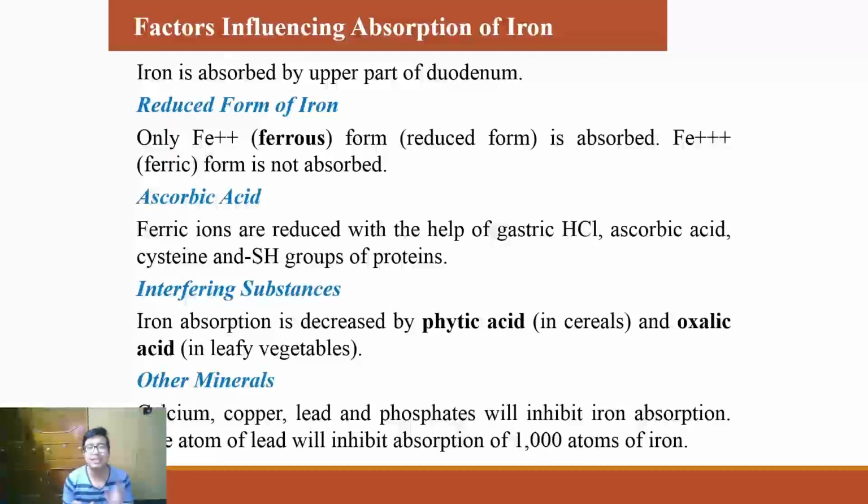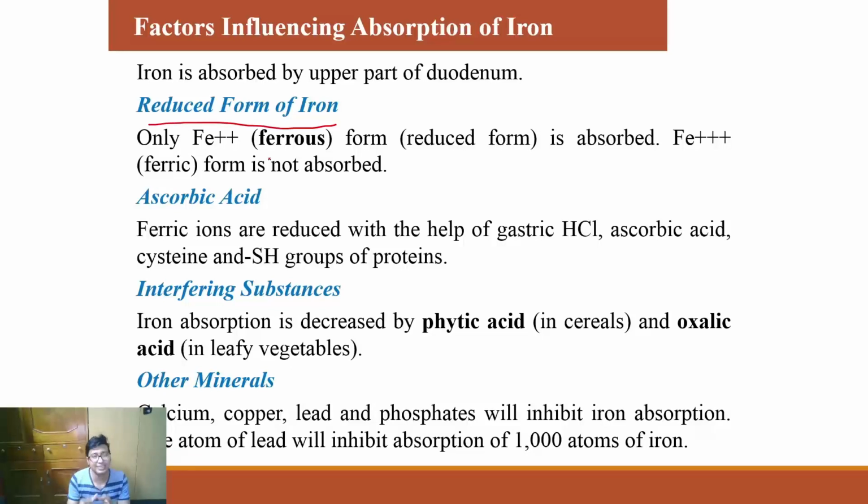Next, we look at the factors that affect iron absorption. We know that out of 20 mg, only a small part will be absorbed, and that is controlled by various factors. Number one is the ionic form of iron. The reduced form of iron, that is the ferrous form, has the lower valency. The oxidized form is the ferric form. We need the ferrous form for absorption. The ferric form is not absorbed in the intestine. So Fe2+, remember, is the readily absorbable form.